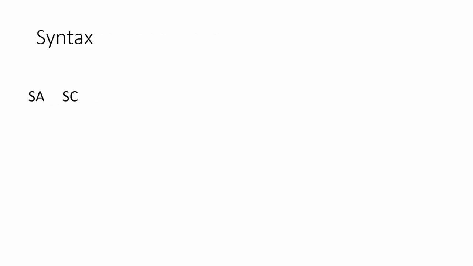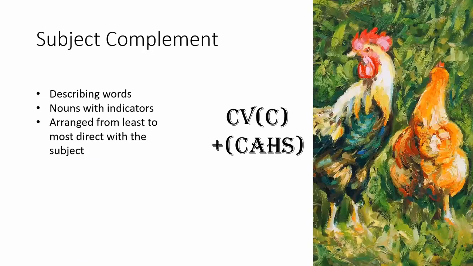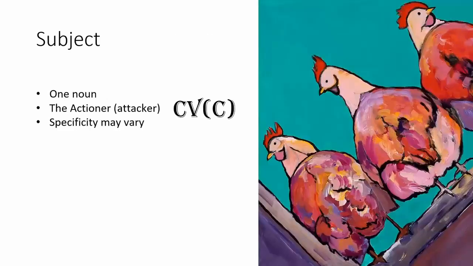Then come the complements. Subject complements. In general, complements are adjectives or adjectivized nouns by means of indicators. They are arranged from most to least direct with the subject. You must remember, however, that the adjectives also have to go paired with an indicator that indicates that it is describing a word. Then comes the subject. It is only one word but may have as much meaning as possible, made by the meaning buffet within itself. In literary and formal writing, you may not use adjectives. Every piece of information should be contained within a really specific noun.